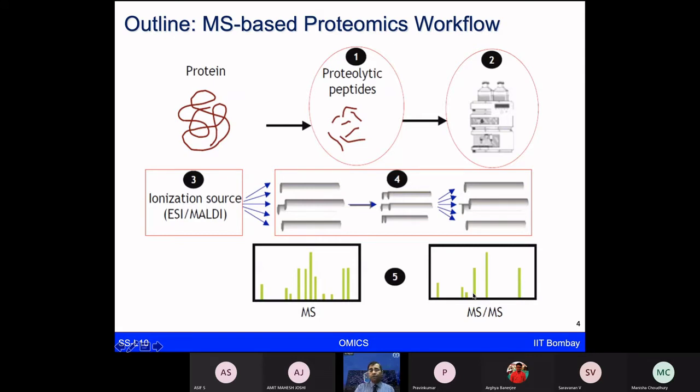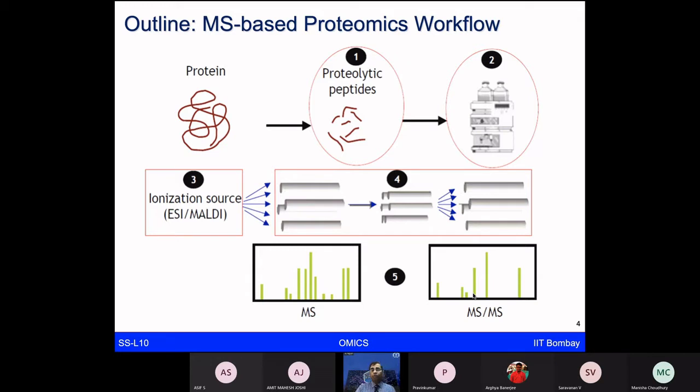Just to refresh you about the basic workflow of mass spectrometry based proteomics, which we have given you some flavor of in the past. What we are talking about is how to take the complex protein mixtures and try to identify which proteins are present in a given tube. And then from all of those proteins, can we look at what the patterns of the proteins are, what the intensity of the protein is, and can we differentiate a healthy group versus disease group based on these proteins.